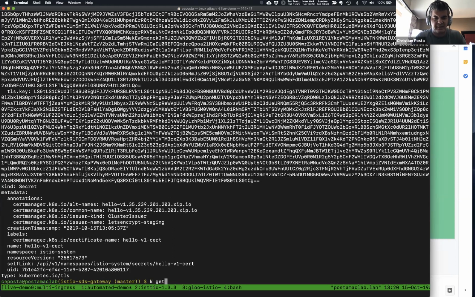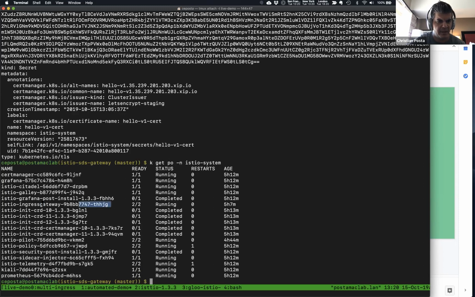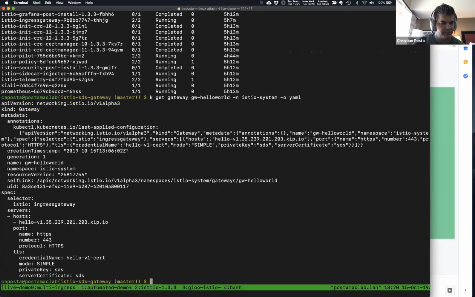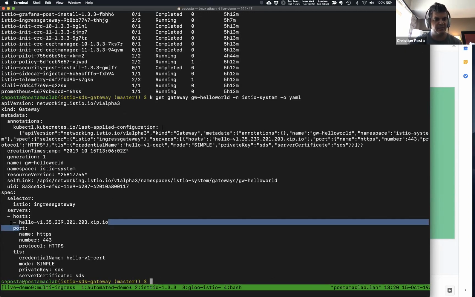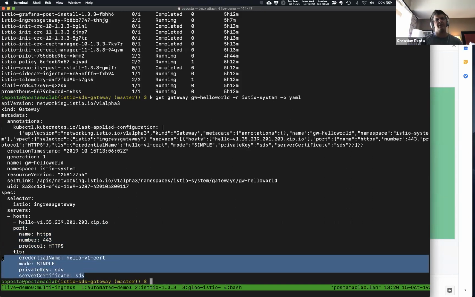So if we look at the Istio system namespace, we can see that we have our Ingress Gateway here. If we look at the gateway resources, we have a gateway resource here called Hello World. In this case, we're listening for a particular host. We're exposing it over HTTPS. And the most interesting part here is we're using the certificate that was created by Cert Manager and is being served over SDS. So the Ingress Gateway is talking over Unix domain socket to the SDS agent and is getting